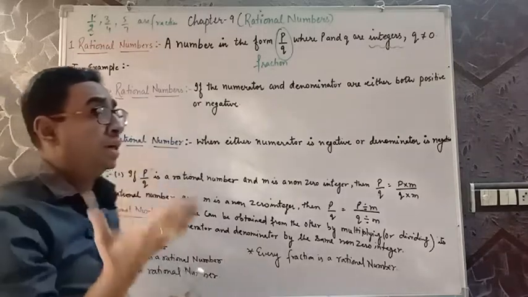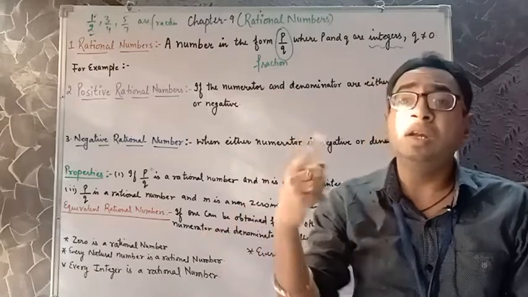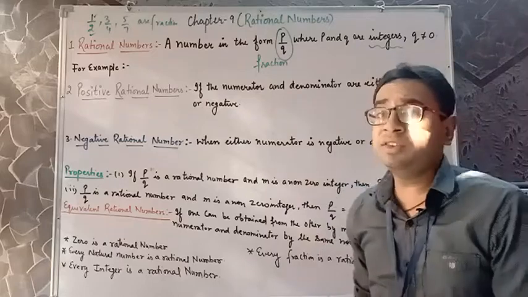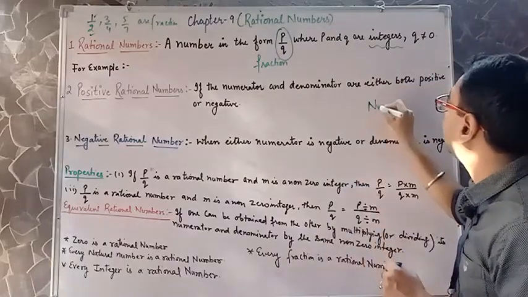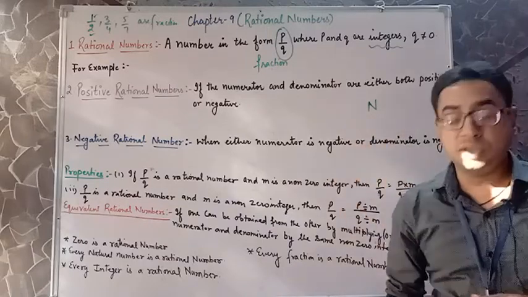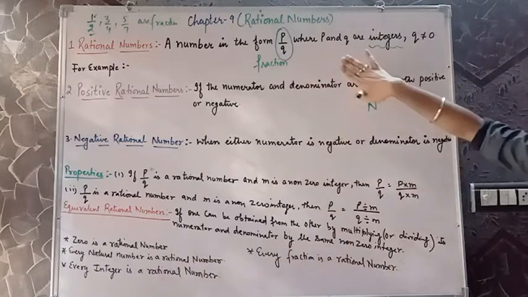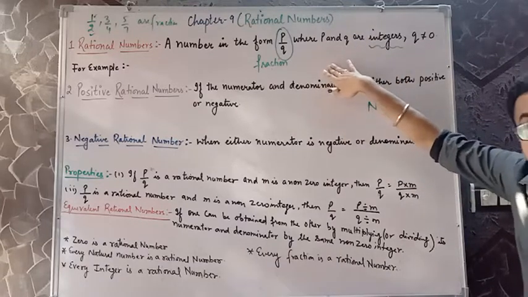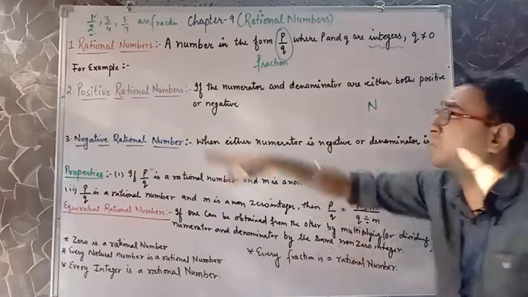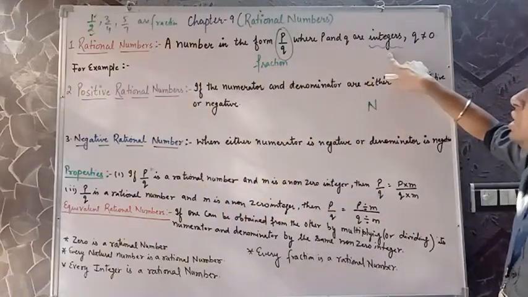We need to know what natural numbers are. Natural numbers are counting numbers, which start from 1: 1, 2, 3, 4, etc. We represent natural numbers by capital N. Wherever you see capital N, just remember it stands for natural numbers. Clear? Next, I'll tell you why these rational numbers came into the picture. Why do we need rational numbers? For what purpose do rational numbers exist? We need to understand that also. P and q are integers, right?